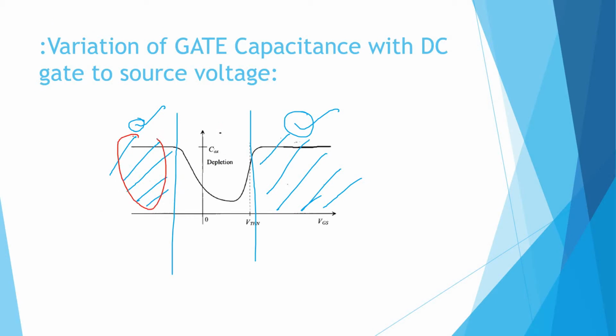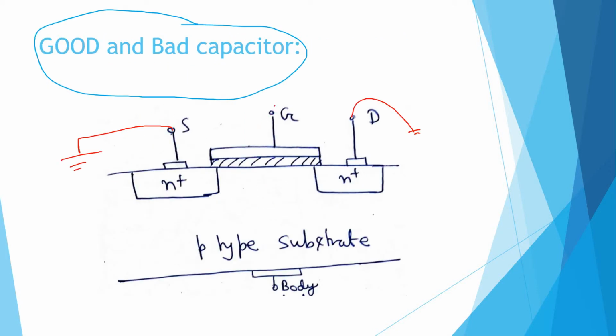That is when you are applying a very high negative gate potential. So what will happen? Now you just try to understand. As you are applying a very high negative gate potential, there will be accumulation of positively charged holes, which are basically the majority charge carriers in the p-type substrate. They will accumulate just below the insulator layer in the body or substrate due to the attraction force of the negative potential which we are applying in the gate for this capacitor.